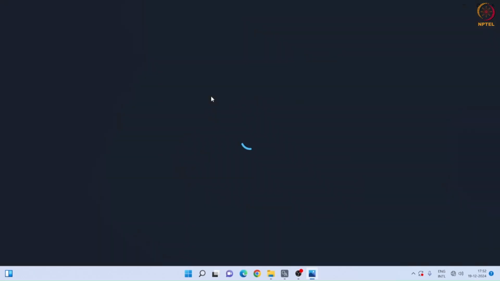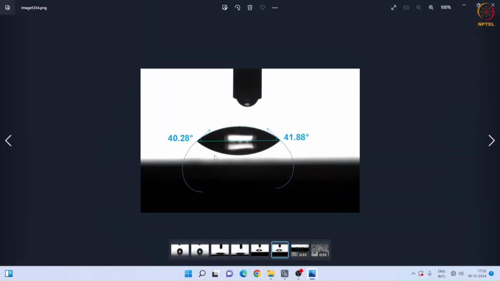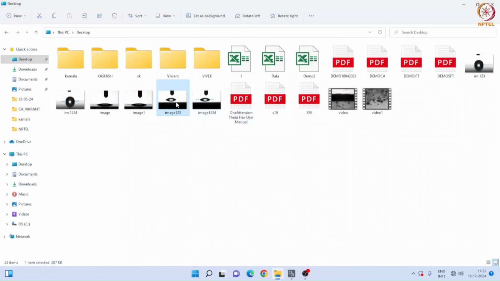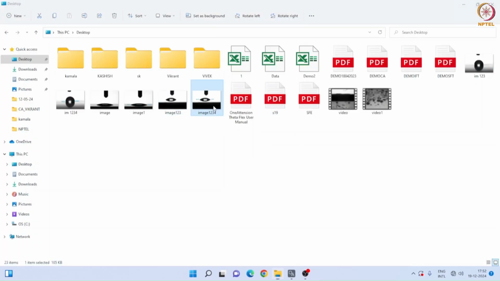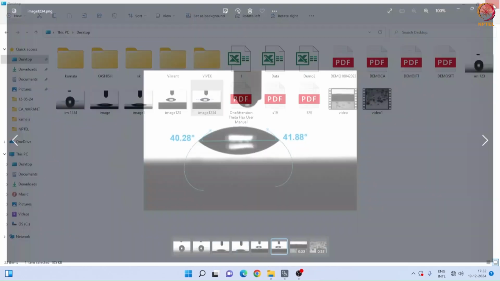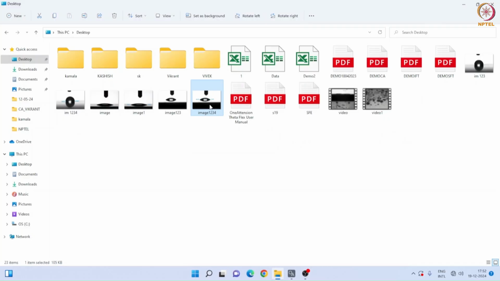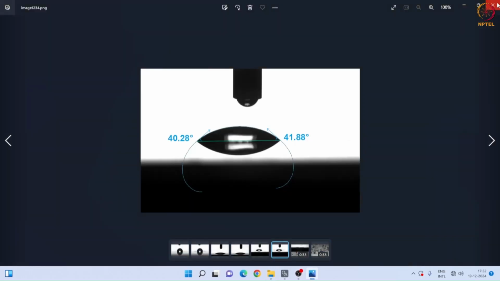This is our image with overlay, and this is without overlay. So this image can be used for further application purposes.